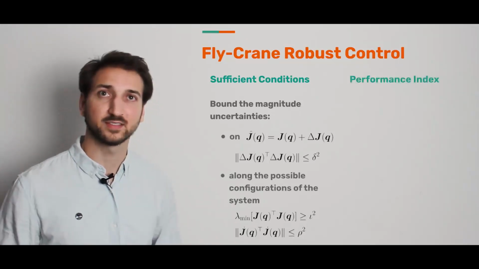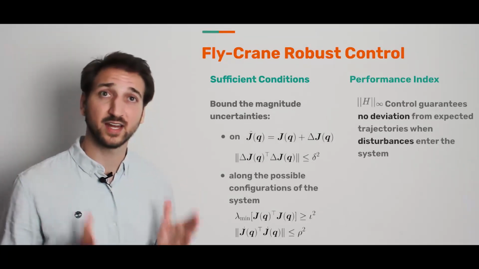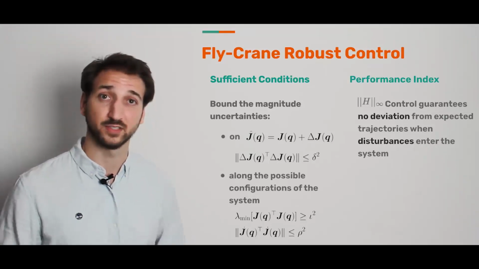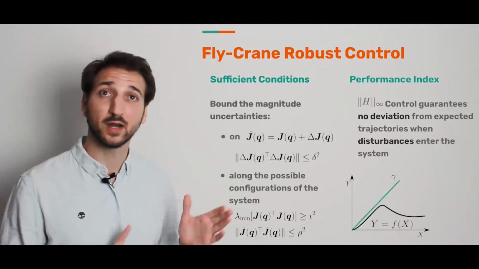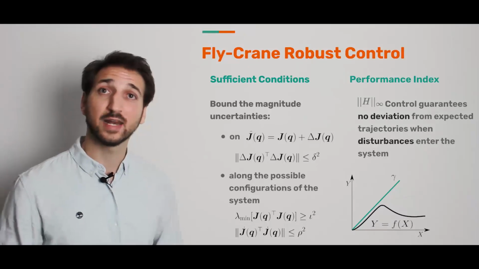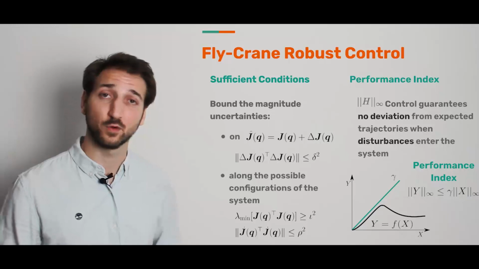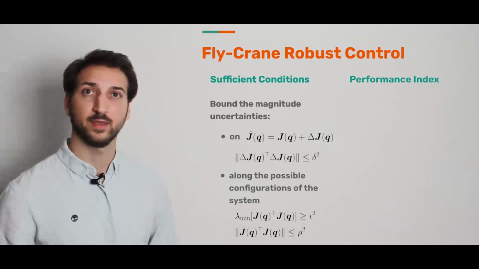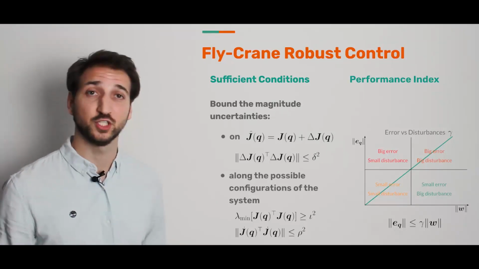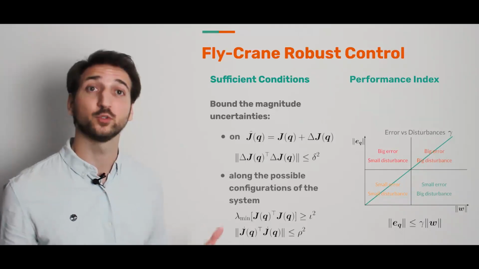Regarding the performance index, instead, we took advantage of the H-infinite control technique. It substantially guarantees that the system will not deviate from expected trajectories when disturbances enter it. Imagine having a particular output signal Y and an input signal X. H-infinite control allows us to bound the ratio between output and input through the H-infinite performance value. The idea applied to our problem is to maintain the ratio bounded behind our H-infinite index. To this aim, we define a linear matrix inequality problem to minimize it.